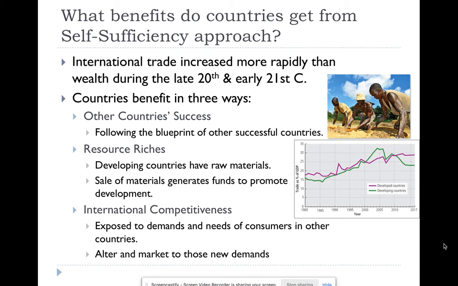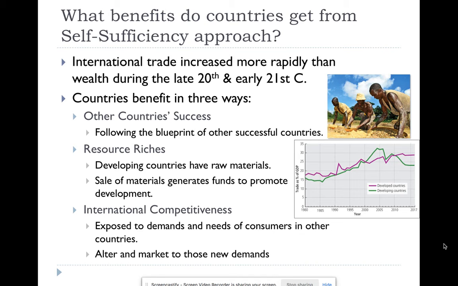Right. Like I said, India, as they were trying to develop into becoming more developed, they started to look at ways that they could become more competitive internationally. They looked for resources that were rich, right? They were rich in specific resources. So those developing countries have a lot of raw materials. They need to focus on kind of promoting and focusing on one specific material that can help set themselves apart